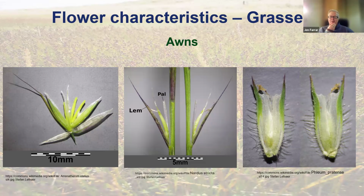Well, the point that it started to get easier for me was whenever I was able to equate what I was seeing in a grass flower with any other flower that I would have looked at. So with a rush flower, because it looks near enough like a miniature lily, for example, they're slightly easier to understand as the different flowering structures. When it comes to grasses, that reduction and also the different terminology for the different parts of the flower really, I think, can cause